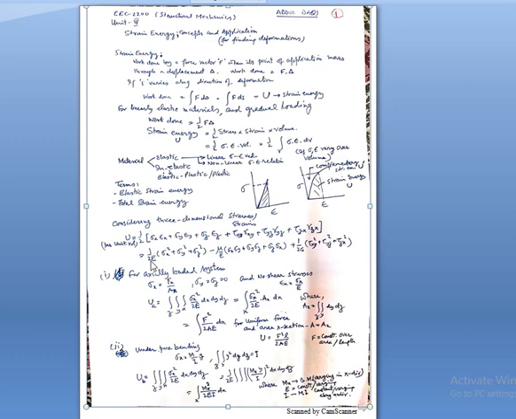If you solve this equation, your answer will be 1 upon 2E times (sigma x square plus sigma y square plus sigma z square) minus mu upon E times (sigma x sigma y plus sigma y sigma z plus sigma z sigma x), plus 1 upon 2G times (tau xy square plus tau yz square plus tau zx square). Now in case any of these stresses or strains is not in place, then the same can be omitted.